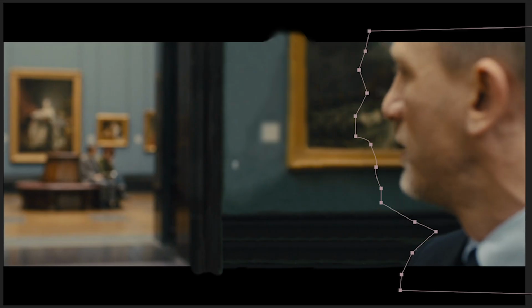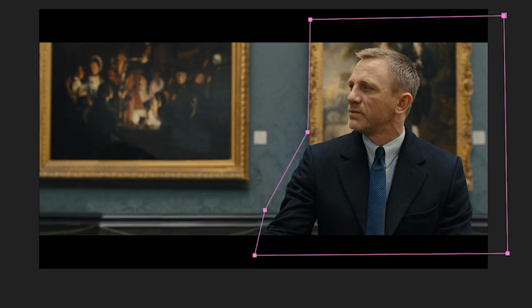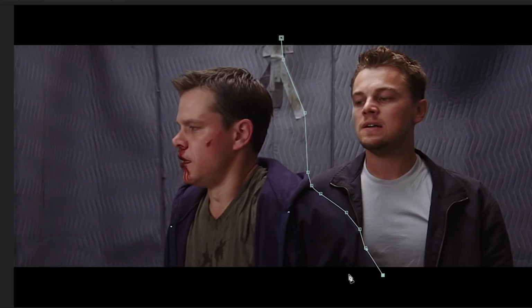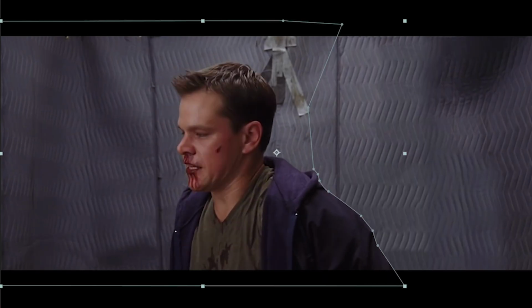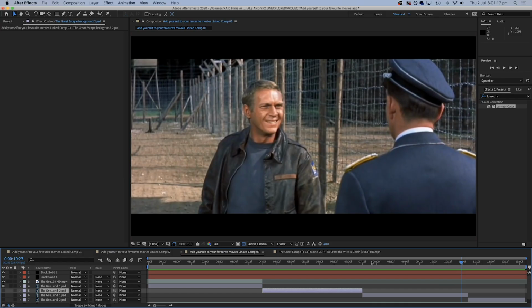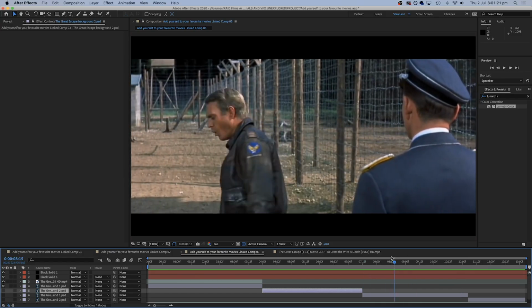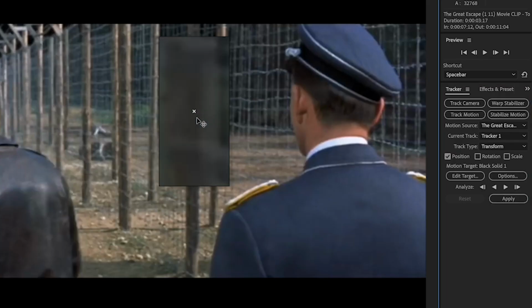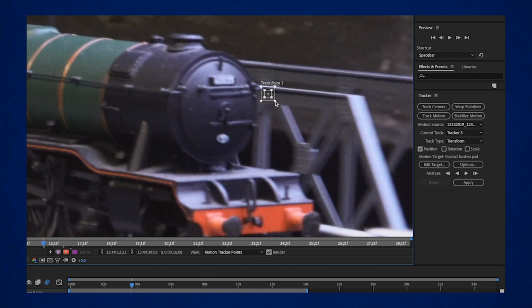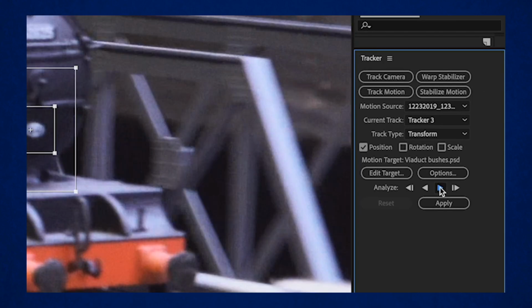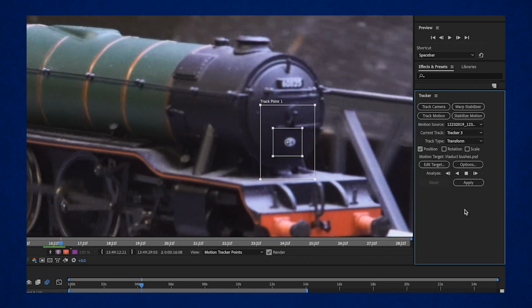So I did this for all the characters who were going to still be moving in the shots next to me, and keyframed them up to their edges if the character I was playing was going to move directly behind them. And then for any shots that move slightly like this one, we need to track the movement of the take. So for that we can use the motion tracker markers, and if you want to learn about that in more detail, check out my video on adding set extensions to miniatures.